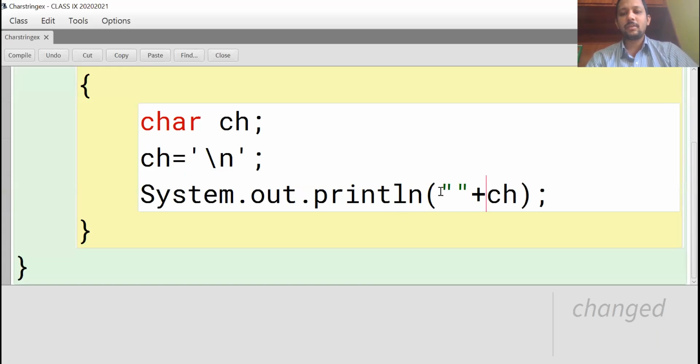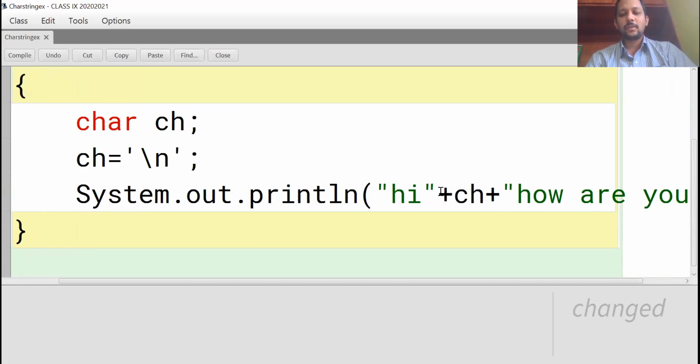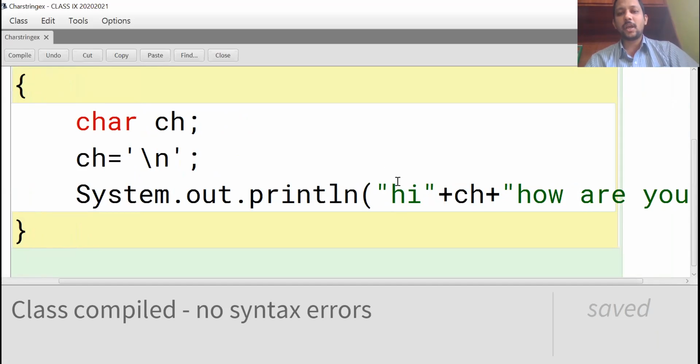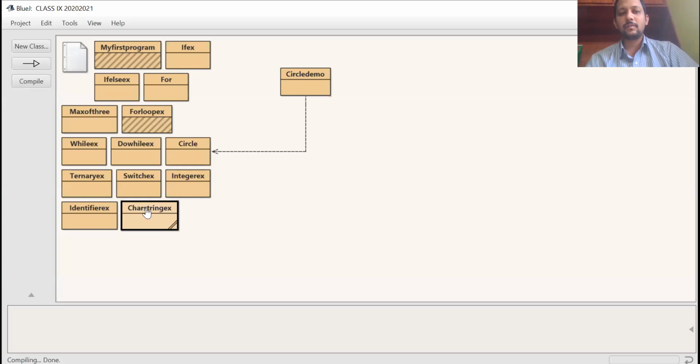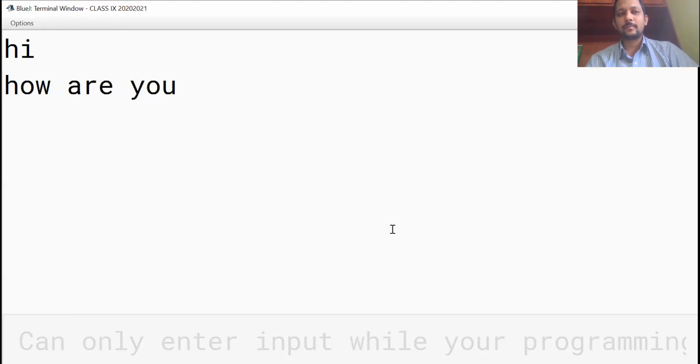\n means new line. Hi. How are you? It will print in two lines. Hi is in one line, how are you is in one line. Observe. Execute. See, hi is in one line, how are you is in one line.